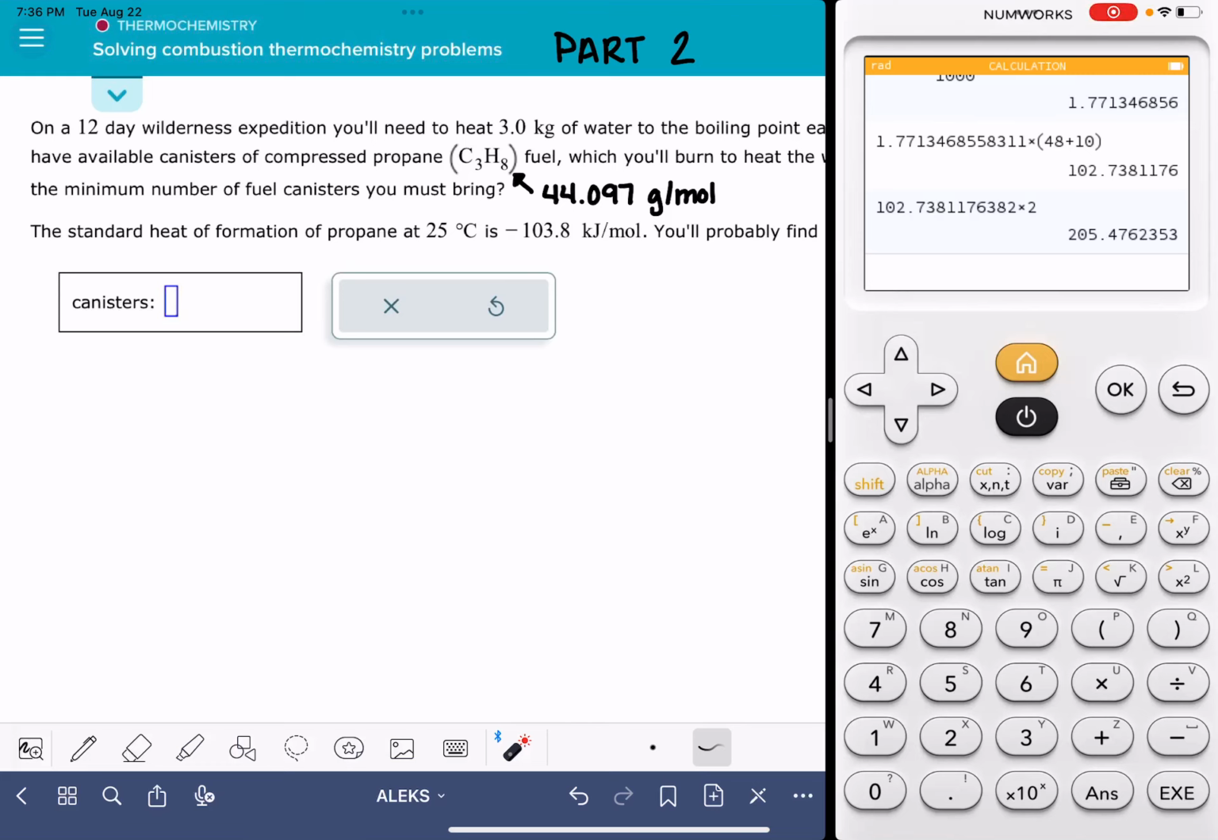In this video, I'll show you how to solve the ALEKS problem called Solving Combustion Thermochemistry Problems. This particular ALEKS problem has 3 different versions, and in this video, I'm going to be showing you how to solve the version of the problem that is asking you to calculate the number of canisters you need for a